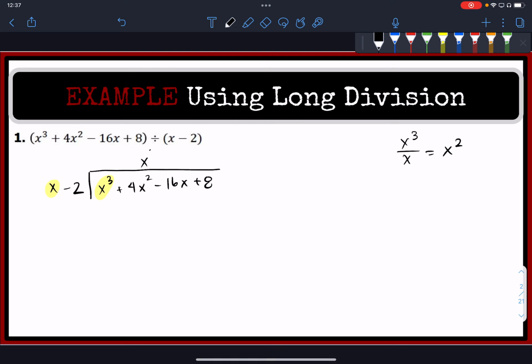Now, since this is x to the second power, we line it up with the same power in the dividend. The reason for that is because when we move along, we want to reach the end again. And when we get to the constant, we know that we're done